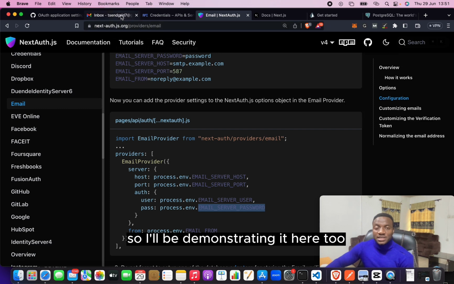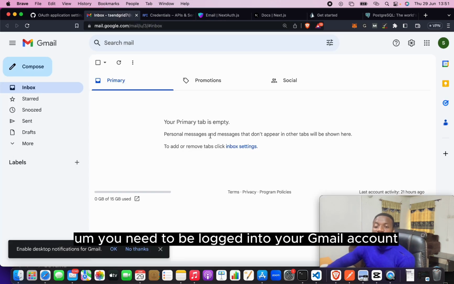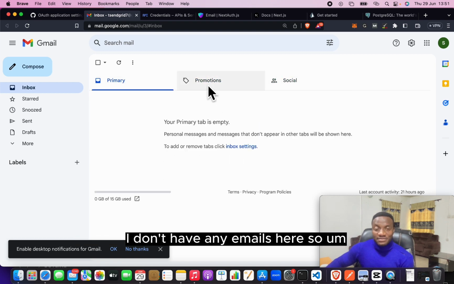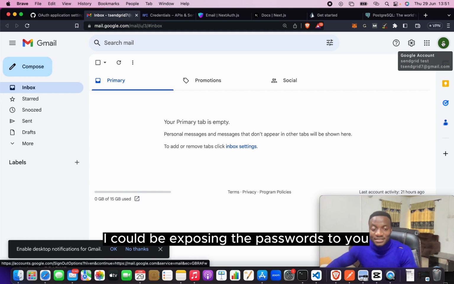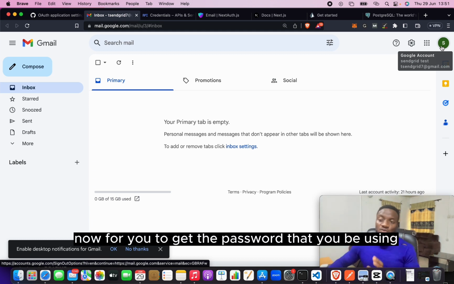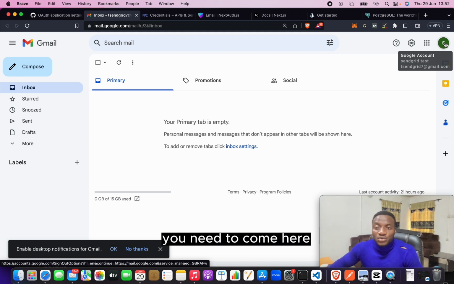So I'll be demonstrating it here too. You need to be logged into your Gmail account. Like I told you, this is just for demonstration purposes. I don't have any emails here, so I could be exposing the passwords to you. It doesn't really matter. Now for you to get the password that you'll be using, you need to come here,